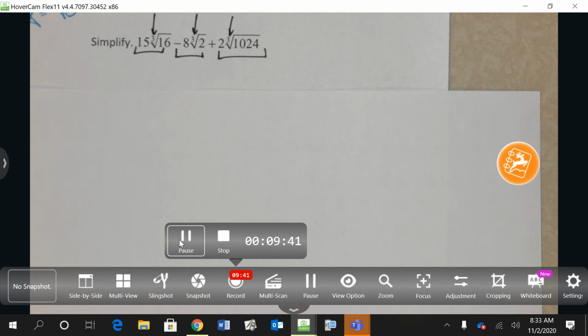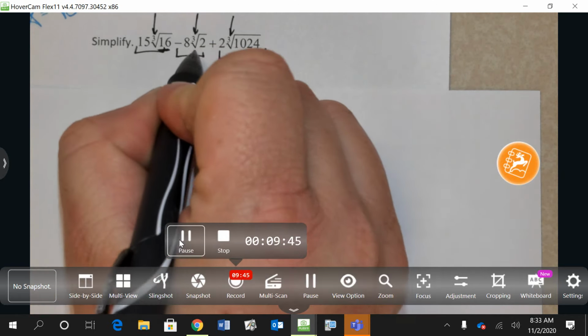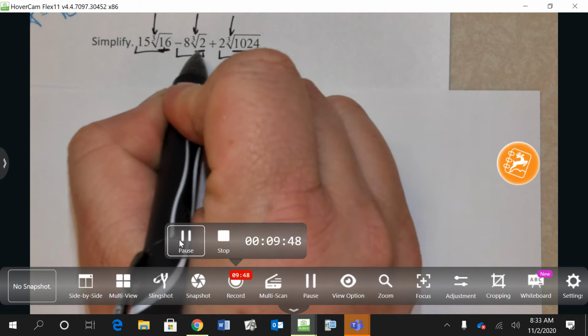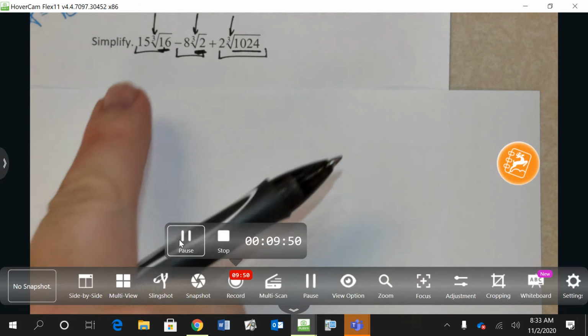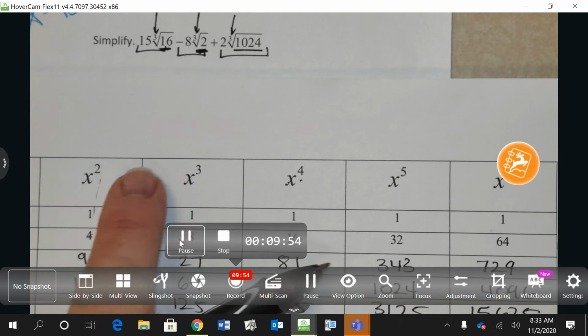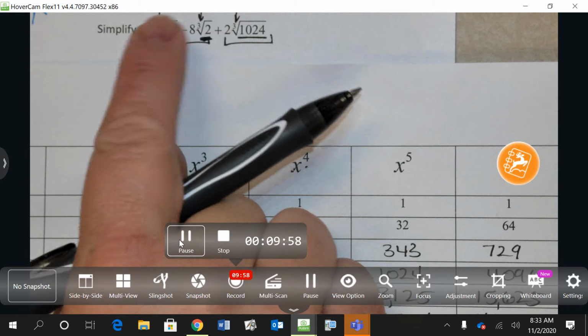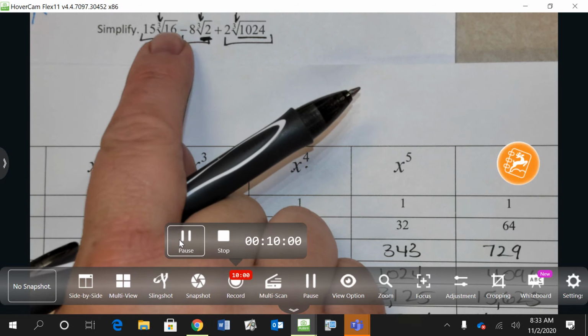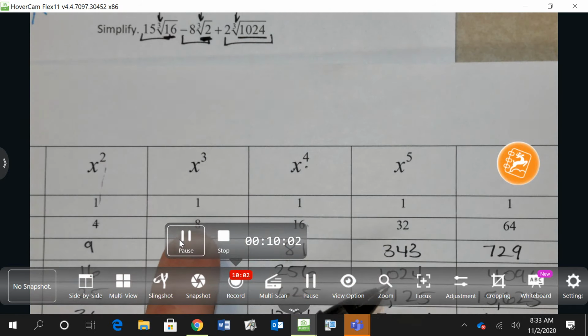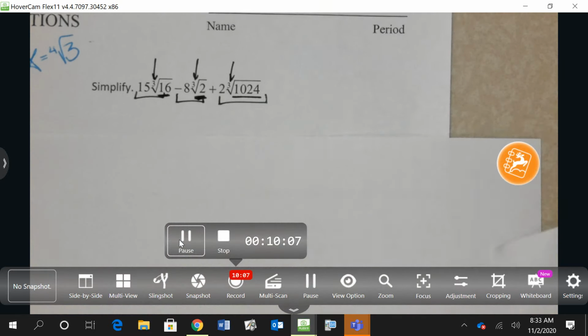And I find the smallest one inside of the radical. So there's a 16, a 2, and a 1024. So 2 is the smallest. And now I'm going to look into the third column. So instead of the fourth column now, we're looking in the third column. And I'm going to ask myself, 2 times what is 16? Is that possible? 2 times 8. Okay, is 8 in this? 8 is here. So I can rewrite this as